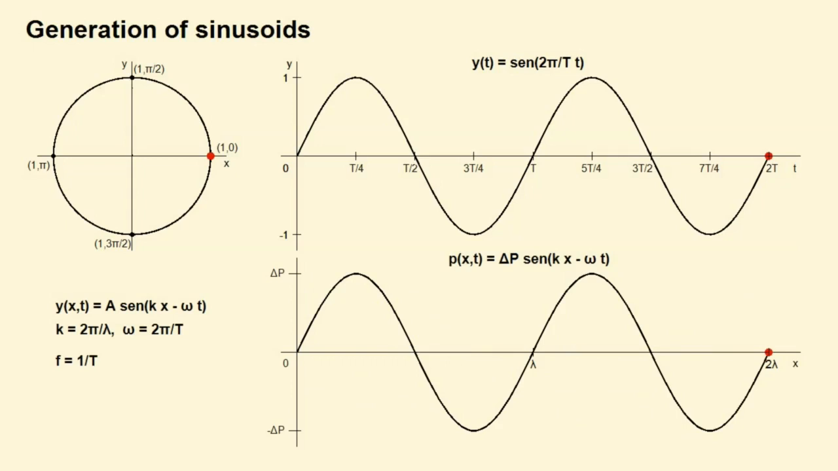To this point, or to any other point of the wave, for example, a point on its positive crest, it takes a time of 1 period to travel a lambda distance. Therefore, the velocity of the wave is